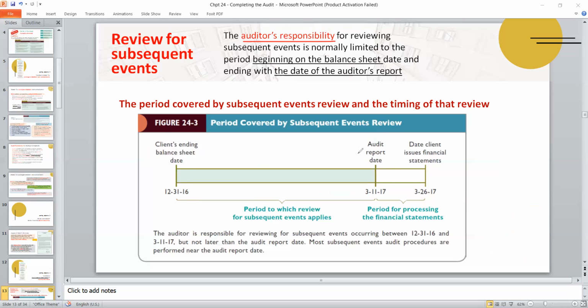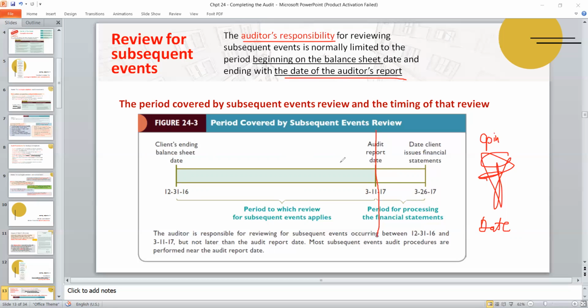The auditor's responsibility ends with the date of the audit report. After the audit report is issued, the auditor no longer has any responsibility. They accept the results, and you publish the opinion. You sign, you have the date of the signature. Done. You don't have any responsibility.